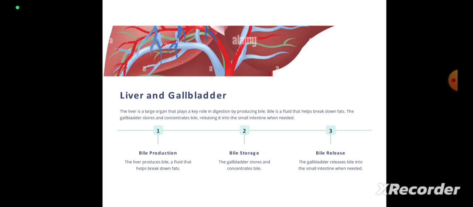The function of bile. Bile salts are responsible for digestion and absorption of fat. Bile salts help in absorption of lipid-soluble vitamins, the fat-soluble vitamins. Next, bile salts help in emulsification of fat by reducing surface tension. Certain substances are excreted through the bile, for example toxins, bacteria, and some metals like zinc and copper.